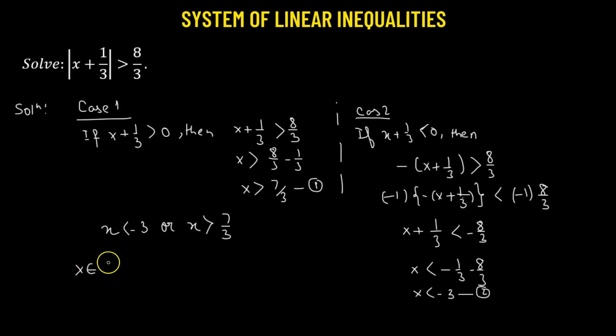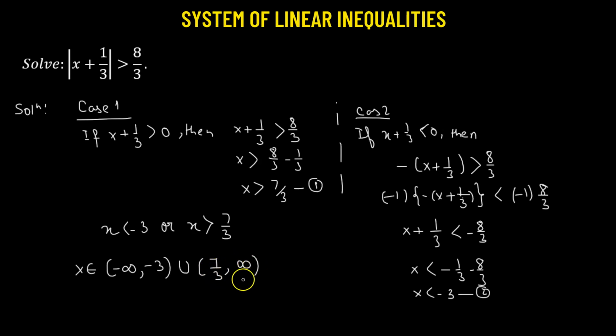x less than negative 3 means what? It will take all the values starting from negative infinity and going all the way up to negative 3. Or becomes union, and we have x greater than 7/3. So that means it starts from 7/3 but excluding 7/3 and goes all the way up